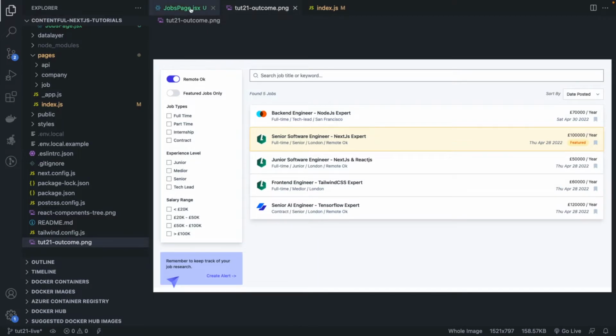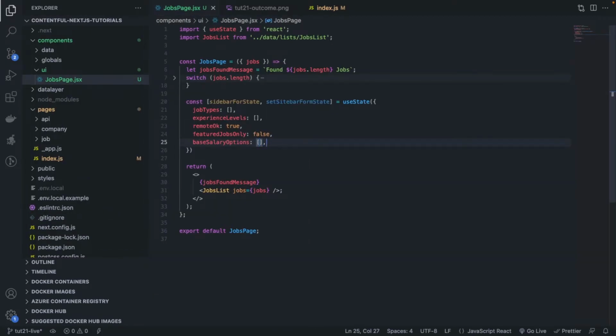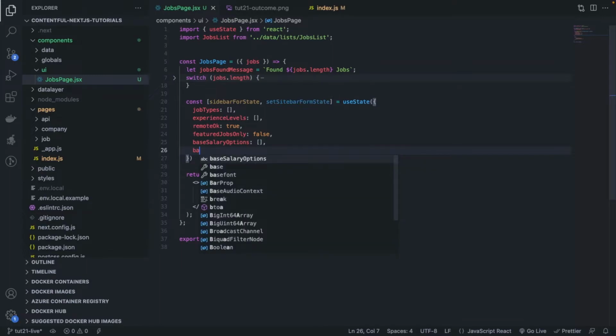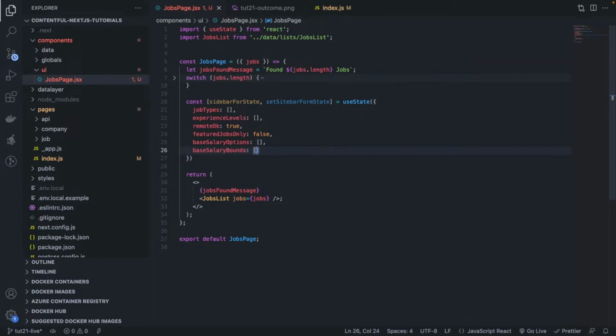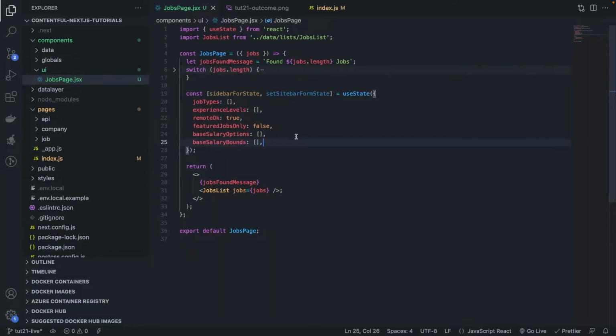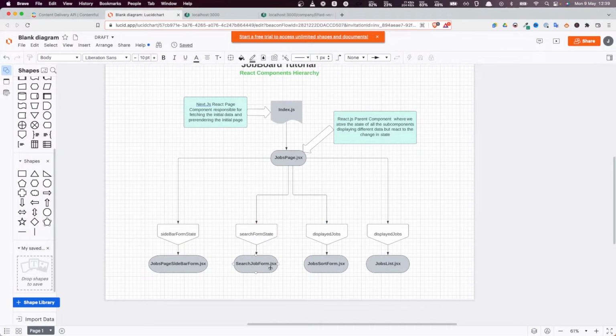So we're going to add another variable called base salary bounds, which is going to store all the actual values that we are going to send to the server. All right, so now that we have this, we can create the other piece of state, which is the search form state,